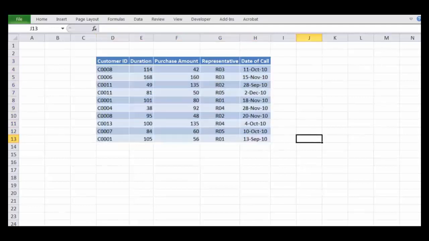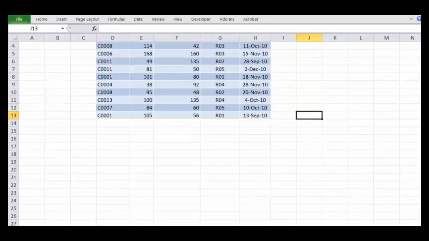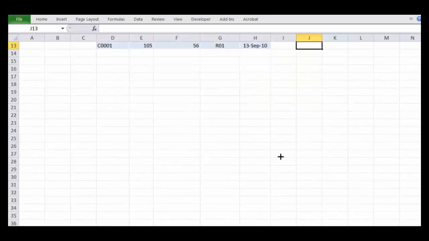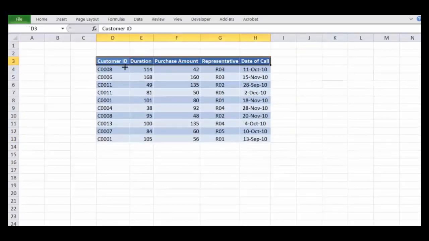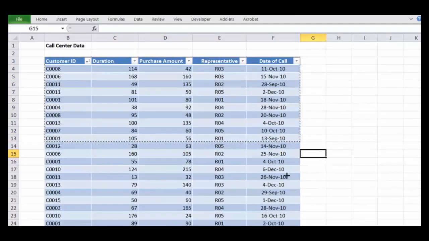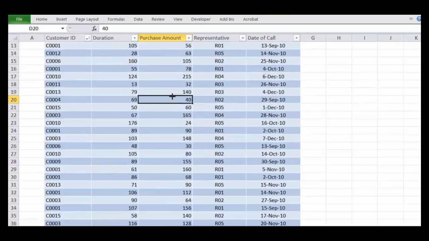If I scroll down, you will find that this hides the title or the header. Whereas here, if I scroll up, you will find that the columns are converted to the header of the table.